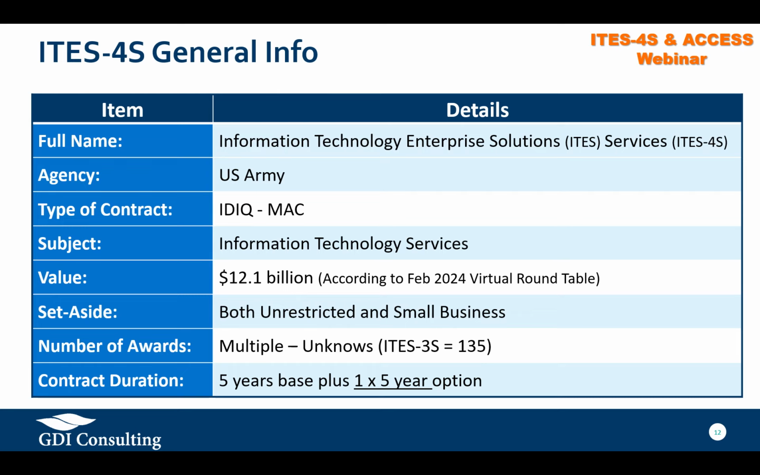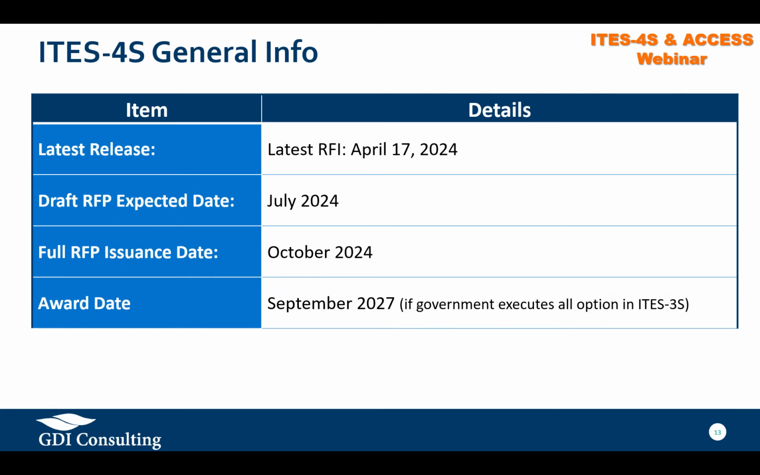Okay, moving forward, let's look at the dates for this. So the latest RFI release was on April 17th, 2024, and that's the important game changer, and I'm going to get to that in a minute. So that's the latest RFI. The draft RFP was expected to drop in July 2024. Full RFP October 2024, and then award date September 27, 2027, if they will exercise all the option years for